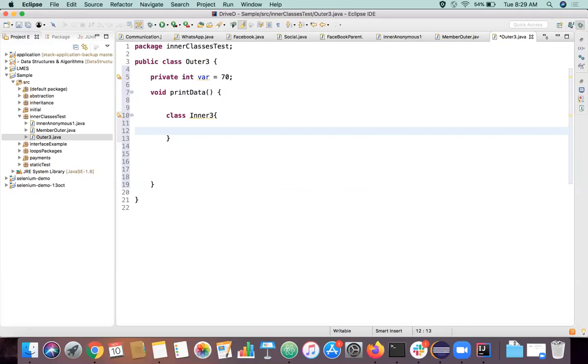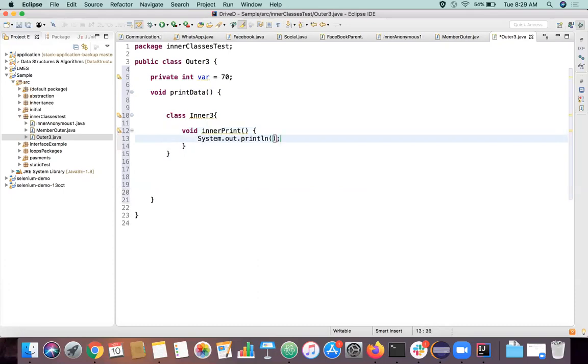I'll create one more method here, void inner print, and I'll just print this variable.